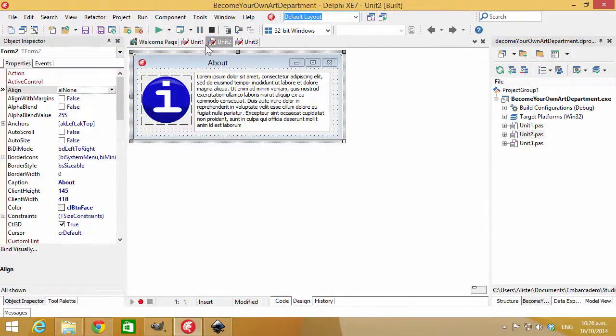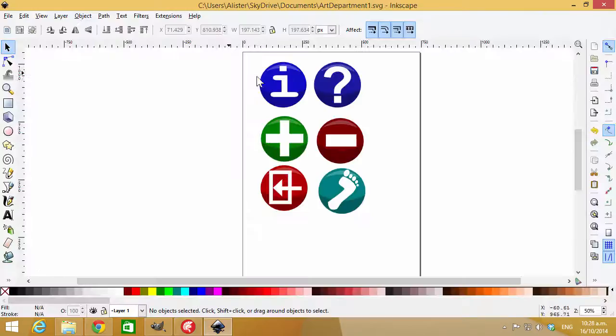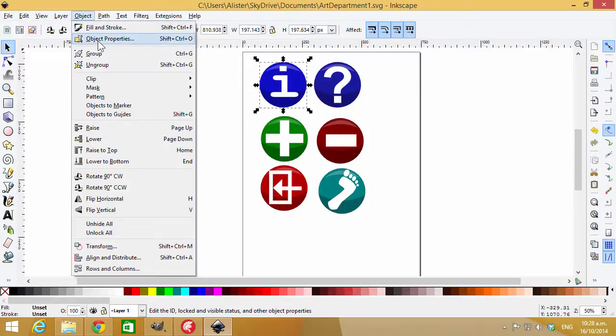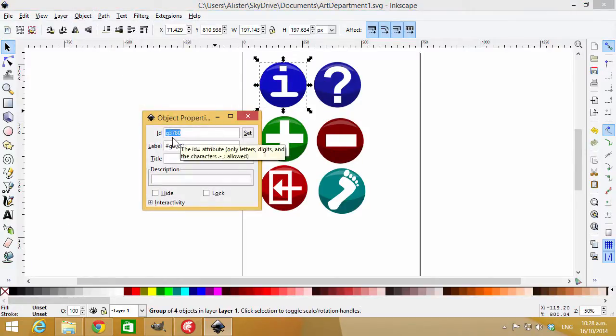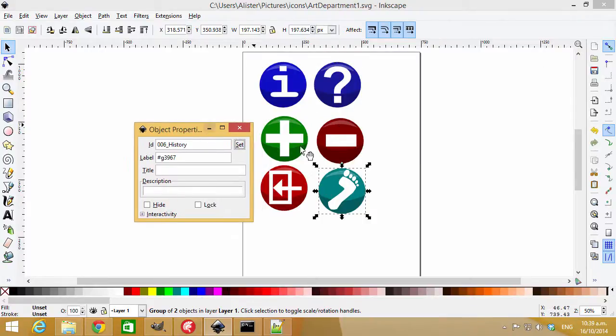Okay, so that's the basics of drawing pictures. I'm now going to show you a few extra tricks. I'm now going to name each of these. If we go to Object and Object Properties, and of course 001 About, and so on. So with all our icons now named,